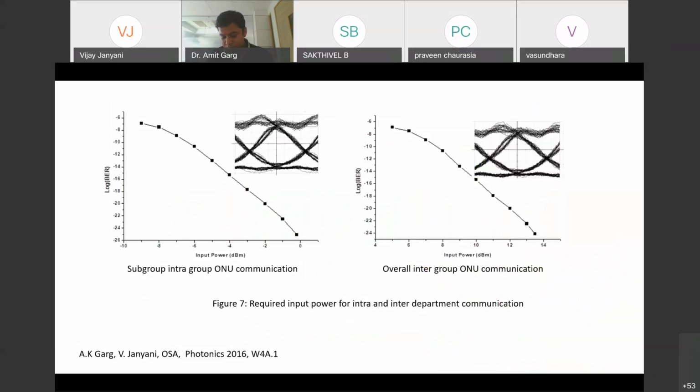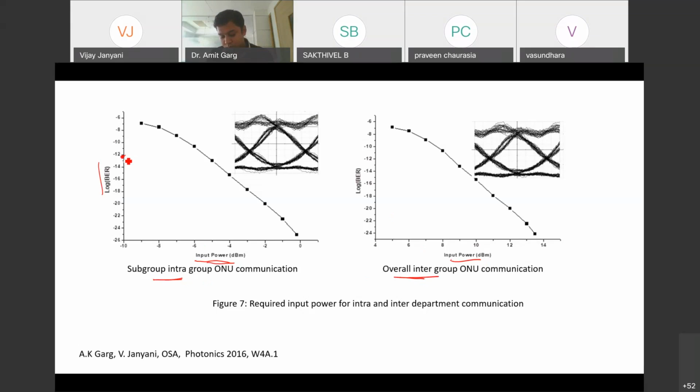The same thing which I showed in the previous graph is represented in the form of log bit error rate and input power needed. If you take any bit error rate, let's say 10 raised to the power minus 12, this is for subgroup intragroup, and this is overall intergroup.